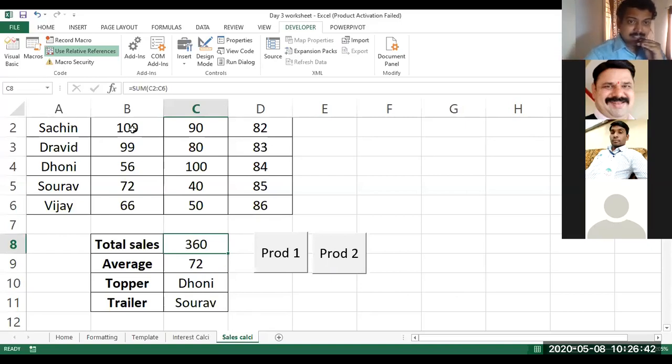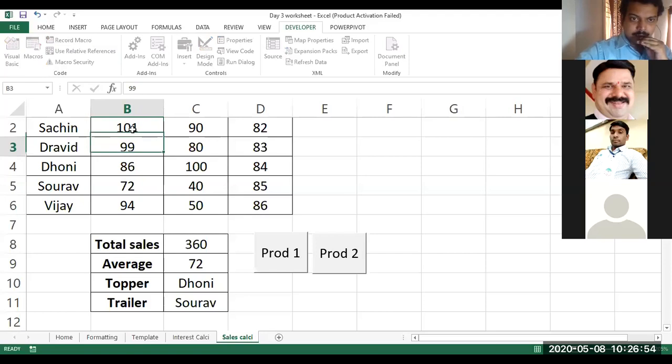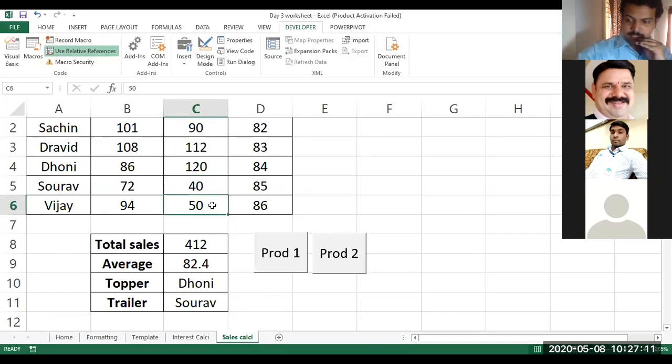As and when these numbers change, say for example Dhoni improves to 86, Vijay comes to 94, Sachin stays at 101, and Dravid goes to 108. And here, say Dhoni goes to 120, Dravid goes to 112, and Vijay goes to 60.